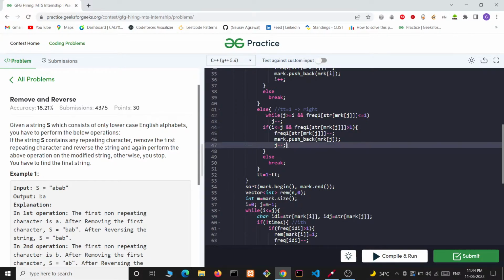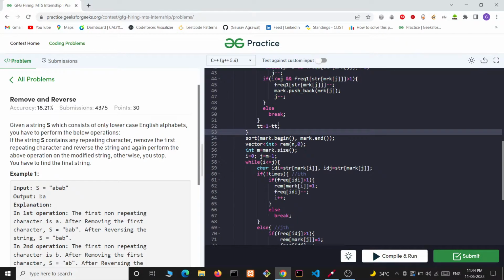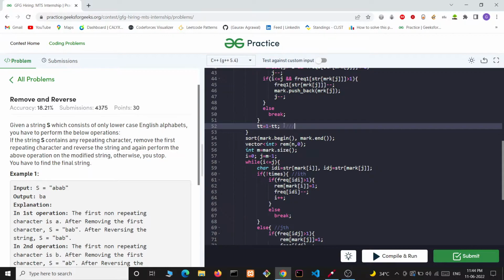After we have found it, we will reduce j, push the mrk[j] index into the mark array, and reduce the frequency of character str[mrk[j]], and then toggle tt from 0 to 1 and 1 to 0, and so on.